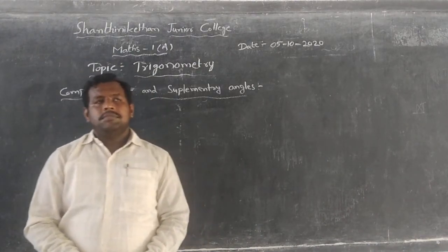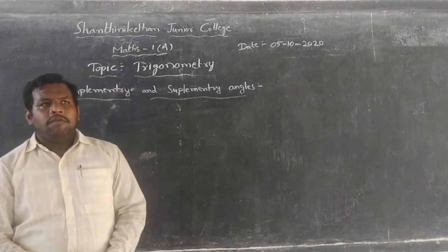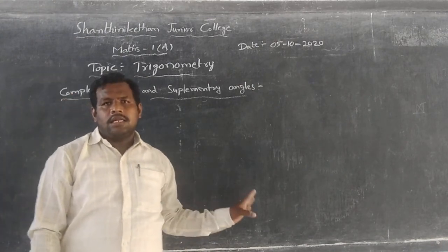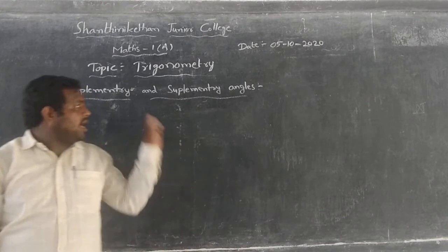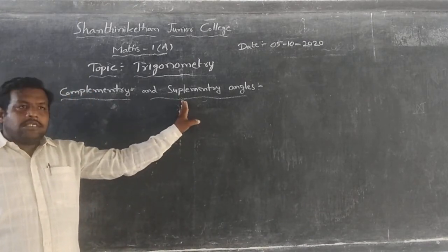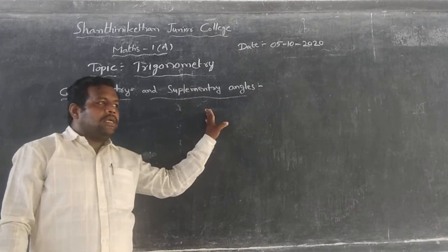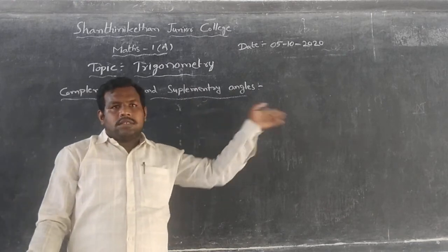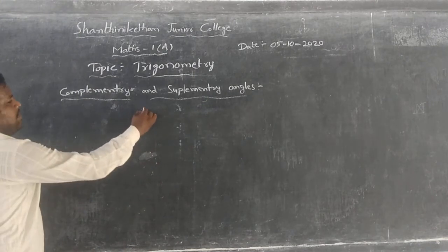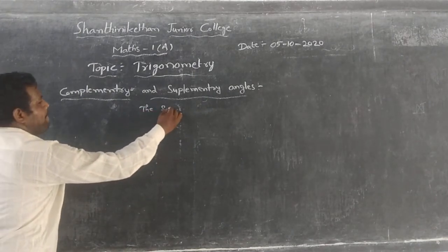Complementary means the sum of two angles is equal to 180 degrees, then the angles are called complementary angles. If the sum of the two angles is equal to 180 degrees, then the angles are called supplementary angles. Okay. Complementary means the sum of